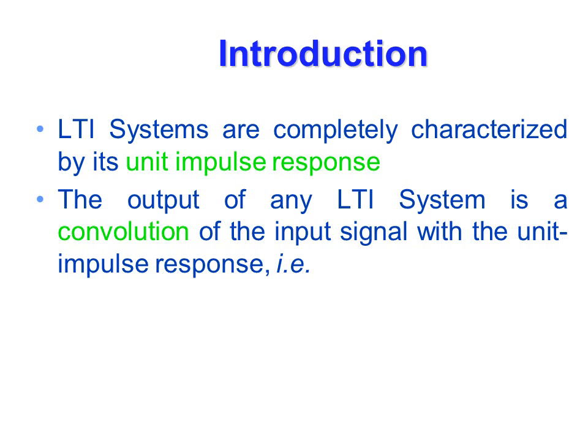As our discussion is related to discrete time systems, for the given discrete time system one can write the output y of n is equal to x of n convolved with h of n, which is equal to summation over the range from minus infinity to plus infinity x of k into h of n minus k. Here we may say that the impulse response of the system could be finite or infinite, and the input applied to the system is also finite or infinite, and it can be absolutely summable from minus infinity to plus infinity, and it will give us an idea about the output or the behavior of the system in time domain.